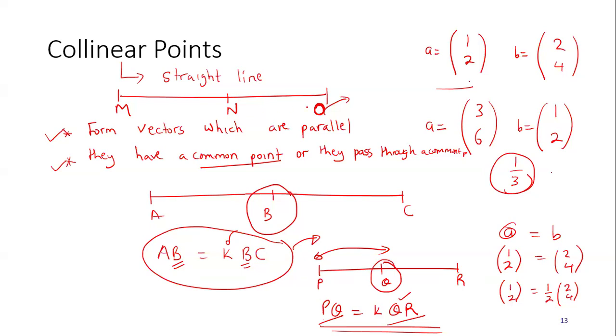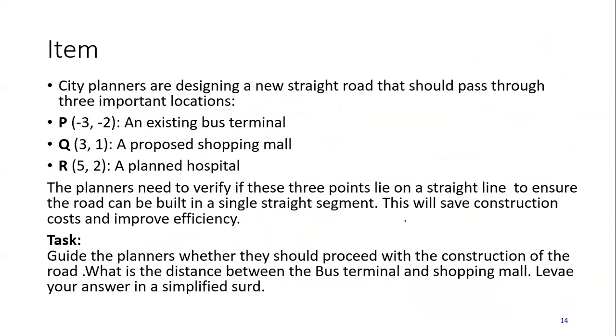MO and NO. Elizabeth is using MN and NO, that is Renata, Olive. Okay, that is good. So we must always ensure there is a point that is the same. In case you decide to use PR, you can use PR and PQ, as long as there is a common point in whatever you are doing. Okay, very good. So now we can start on our first item.